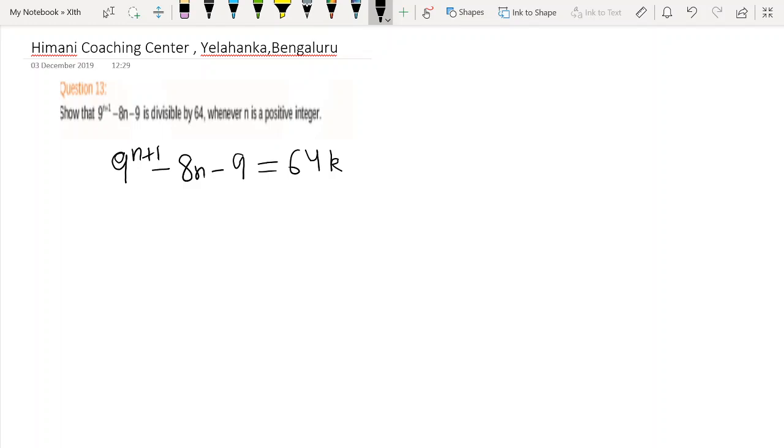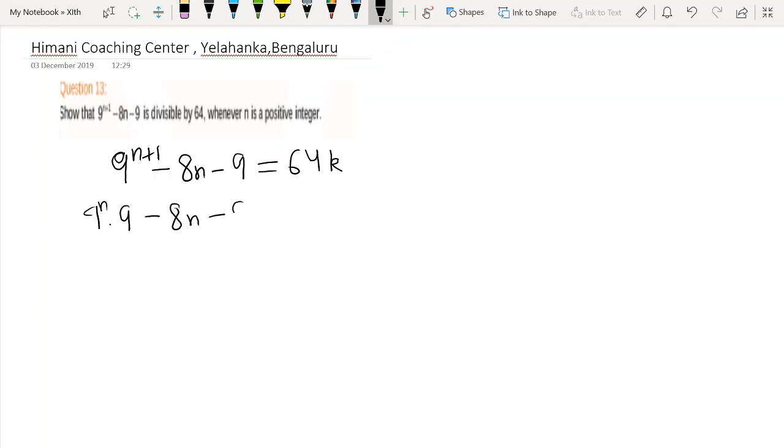It is like saying that 9 is divisible by 3, so we say 3 times 3 is 9. Likewise this whole expression, if it is divisible by 64, can be written as 64k. Now let us write 9^(n+1) as 9 raised to power n into 9, minus